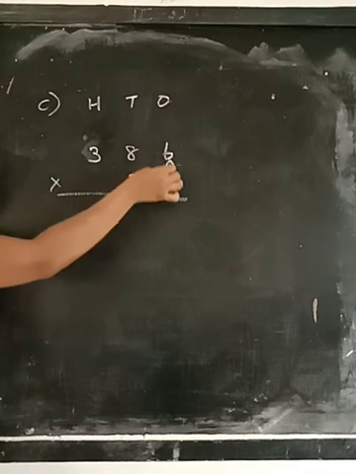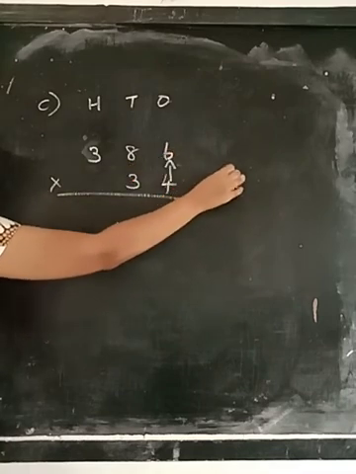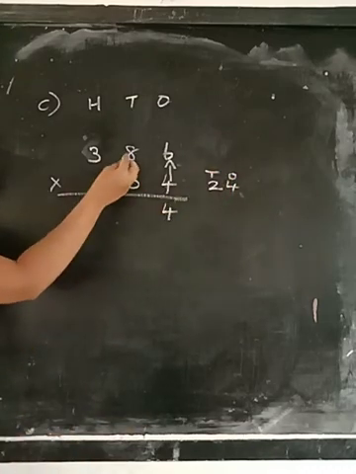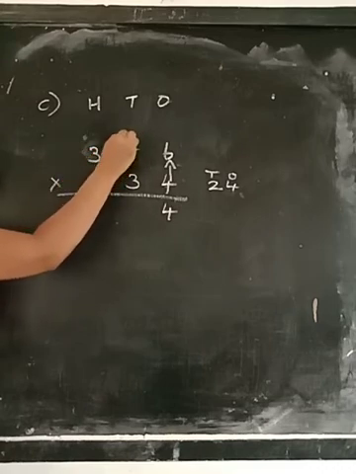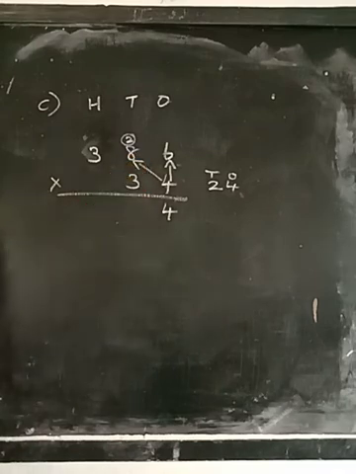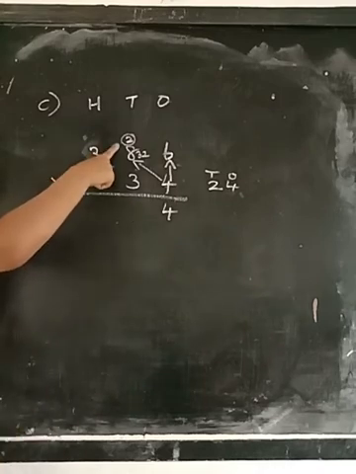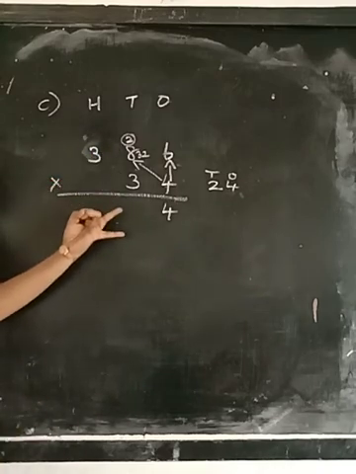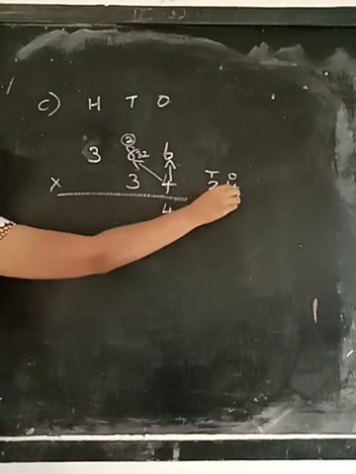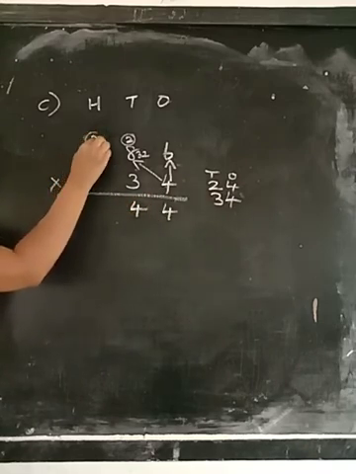Okay. Now the number is 4. 4 6s are 24. So here it is ones and here it is tens. So the ones place number 4 and the carryover is 2. Okay. Now next is 4 8s are 32. So 2 in the carryover. So 32 in the mind, 2 in the fingers, 32 after 33, 34. So 34. Ones place number 4 and the 3 in the carryover.